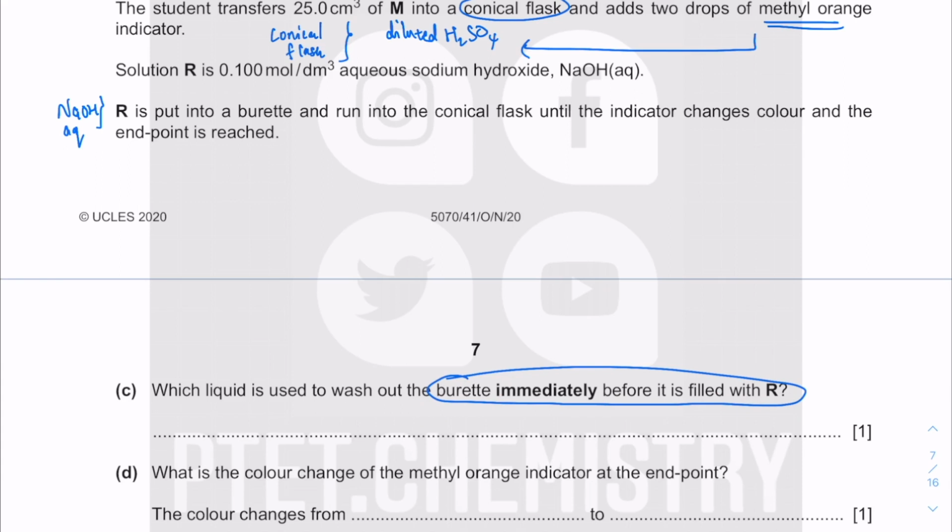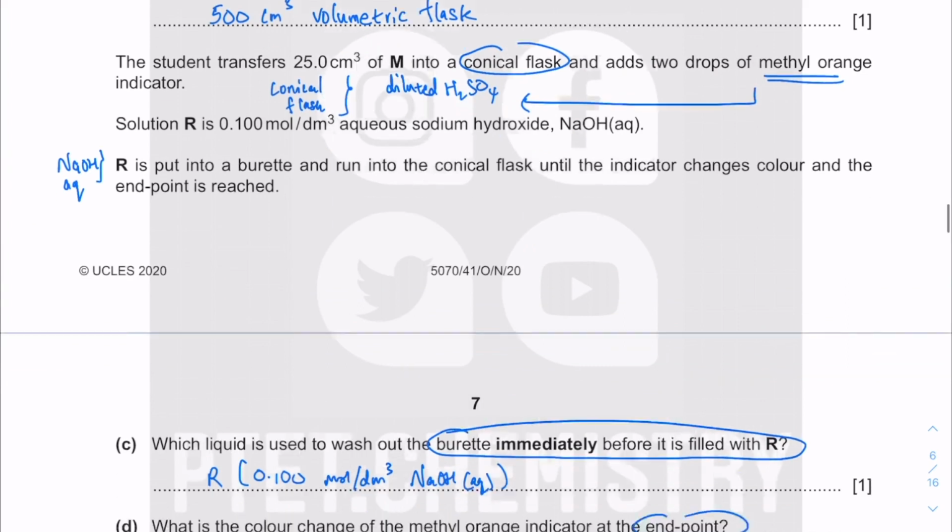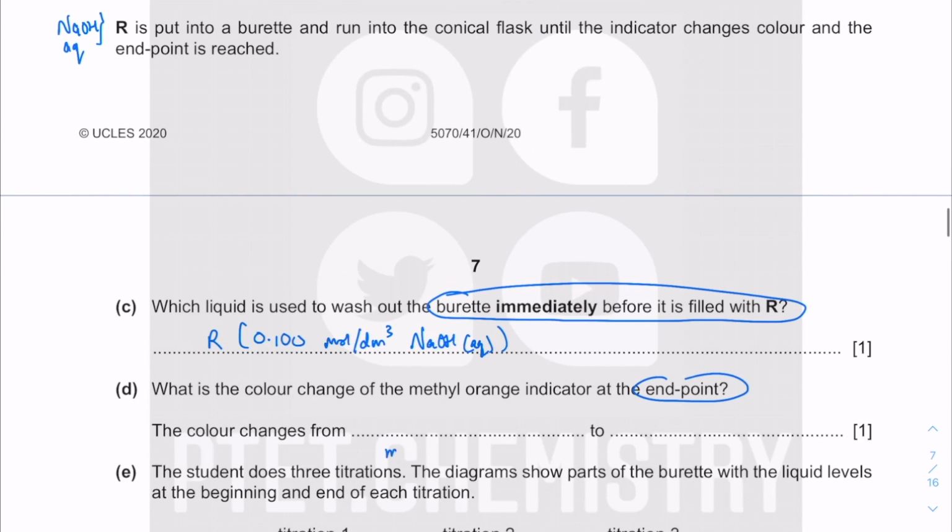So you actually have to fill it with R, which is the 0.100 mole per dm cube NaOH aqueous. Okay, so what's the color change of the indicator at the end point? This is inside the conical flask. The methyl orange was added to the sulfuric acid in the conical flask. So methyl orange in acid, so it will go from methyl orange